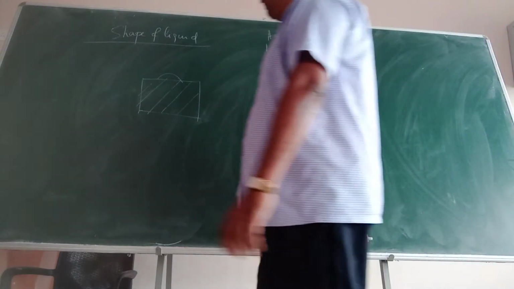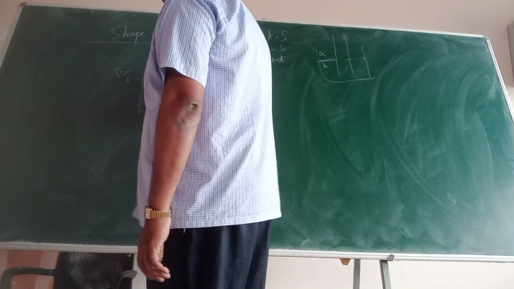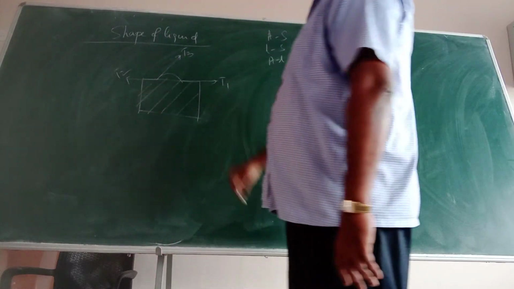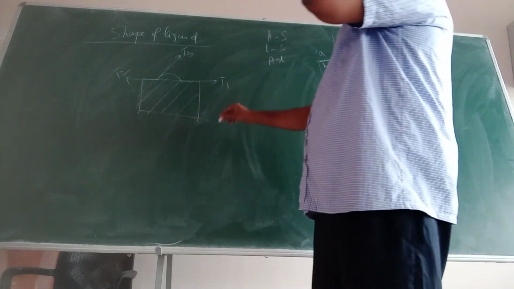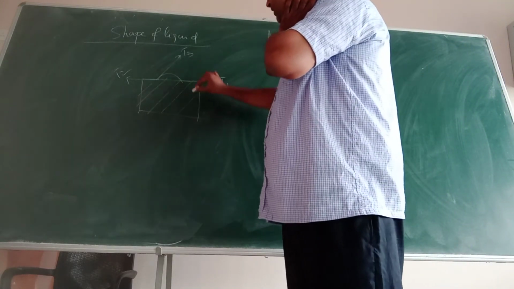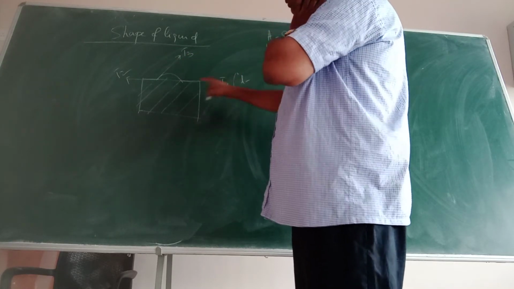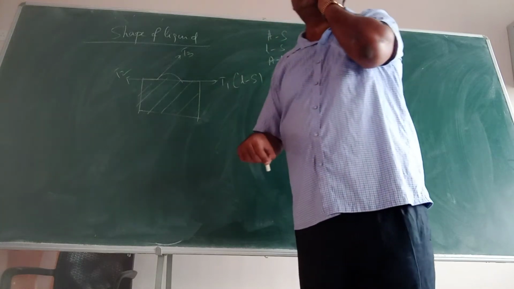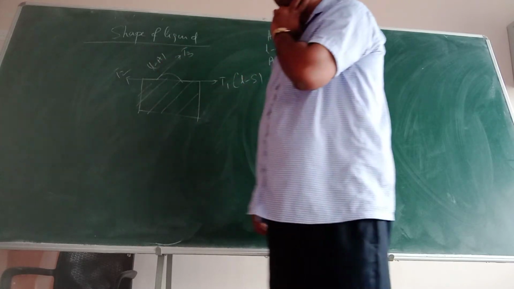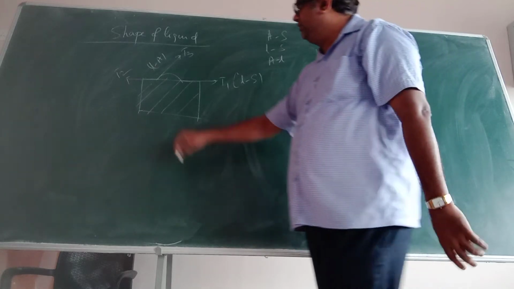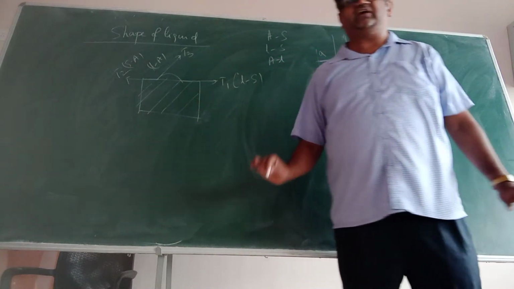So if you take this situation here, we have to draw the tangents anyway. So we have identified three different types of surface tensions. We have to write the interfaces now. So I am taking this point. This point is the liquid and here it is solid. So can I say it is the liquid-solid interface? Here it is the liquid-air interface. Clear? And here it is the solid-air interface.